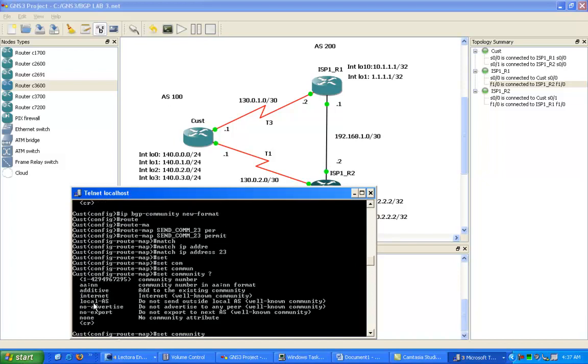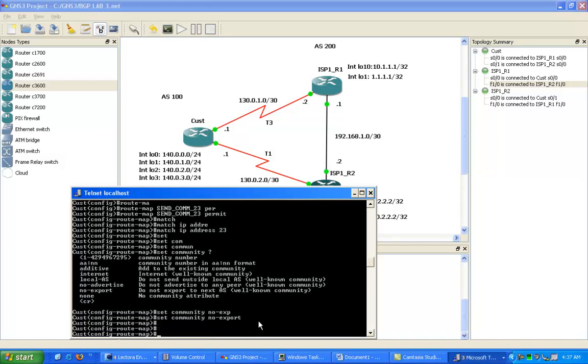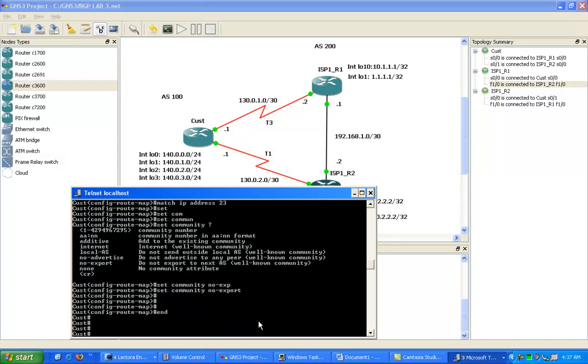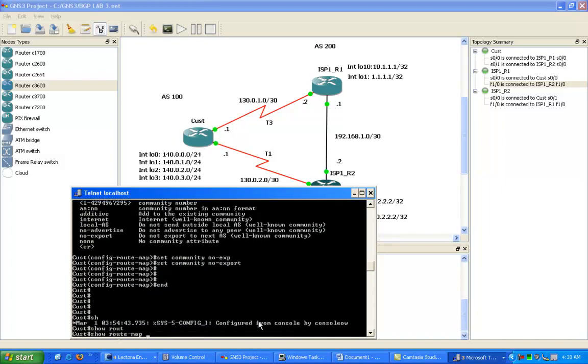We can see we have many options. One of them is the no export, which means do not export to next autonomous system. So if I do set community no export now on these routes, which is the 2 network and the 3 network,